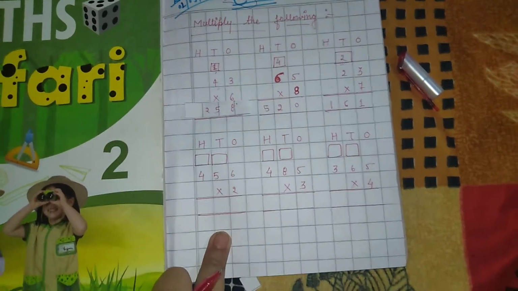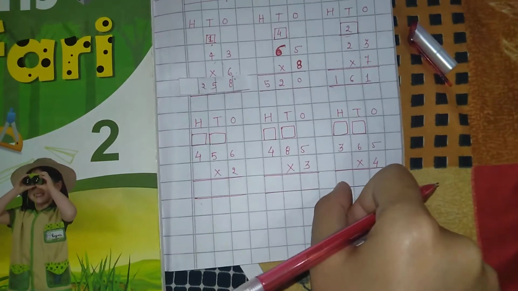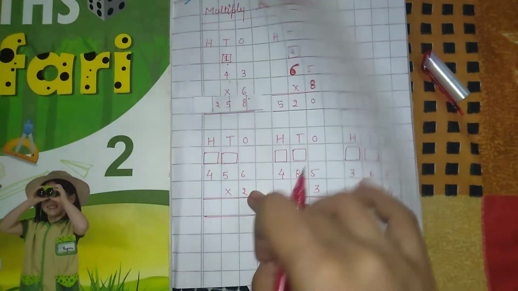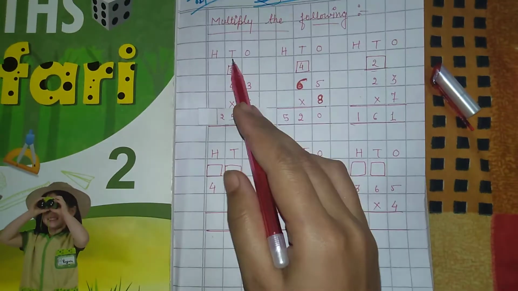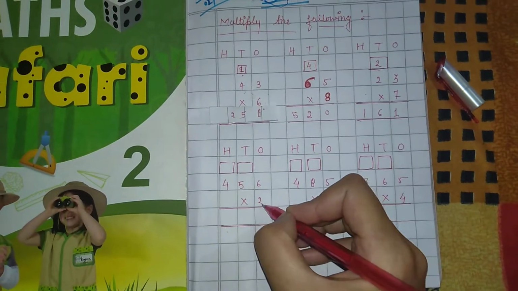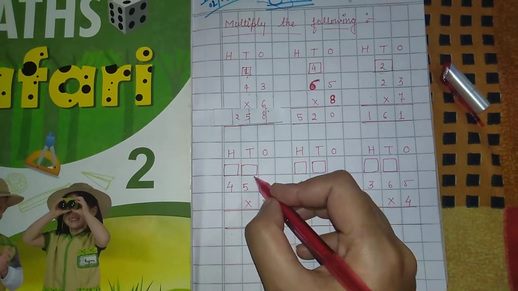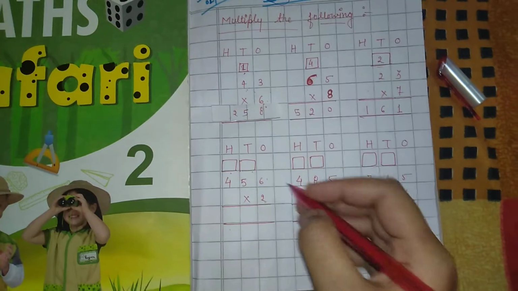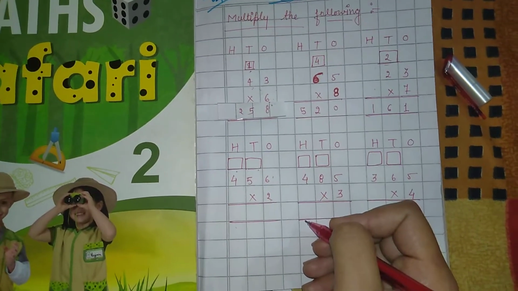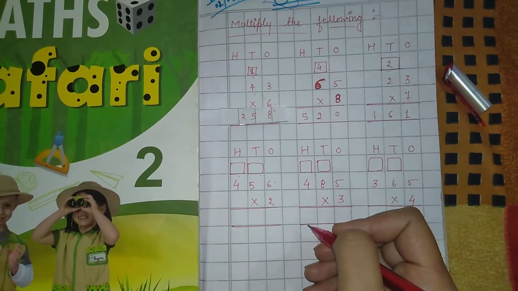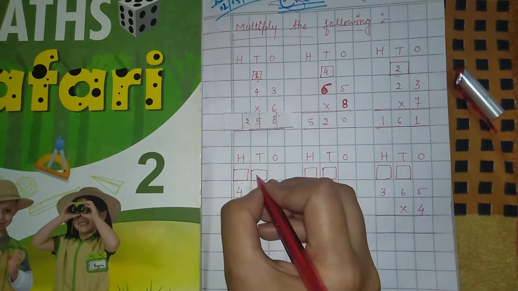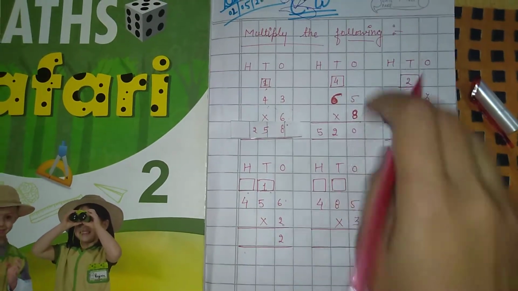Now come to this side. Now there is given 3 types of digits. It means 100, 10 and ones. And there is given only tens and ones places. So first we will read the table of 2 for the ones digit, then after the tens digit and then after the hundreds digit. So first 2 1 the 2, 2 2 the 4, 2 3 the 6, 2 4 the 8, 2 5 the 10, 2 6 the 12. So first we will write here 2, then after give the 1 carry to the tens digit place.